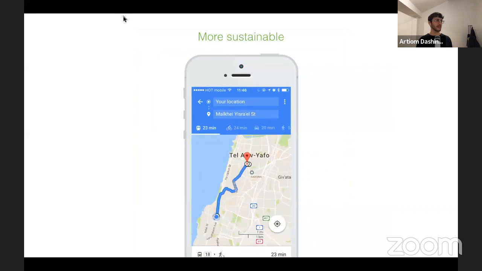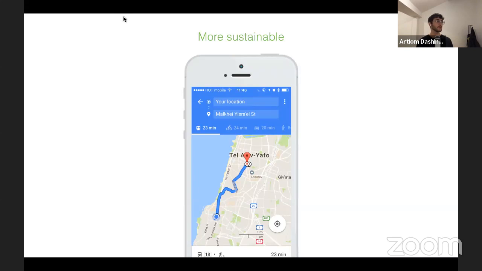So the thing that I suggested back then, just to encourage use of public transportation, maybe even people who are using cars, they could see. So in this specific example, actually taking a bus takes 23 minutes, when taking a car takes 20 minutes. So I think in this specific case, for example, it would be a nice way to encourage people who are taking a car to use public transportation instead, and maybe at some point changing their behavior, encouraging them to use more